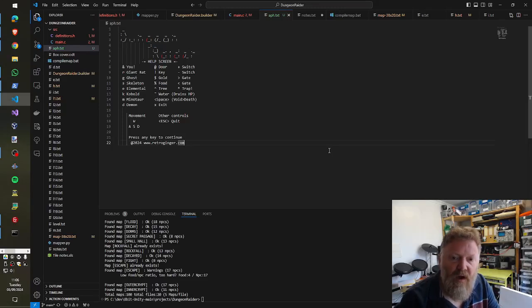Now the build of the Apple II version of DungeonRaider is almost ready to be released. All of the levels are done. There's 100 levels, which is good. Now I'm doing the final touches to it and realised that